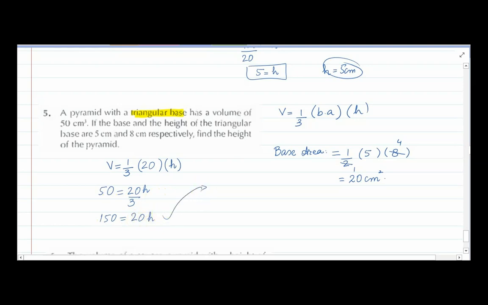We need to find the value of h. So h will be 150 divided by 20, right? 2 and 2 cancel each other, 15 upon 2, that means the value of height is 7.5